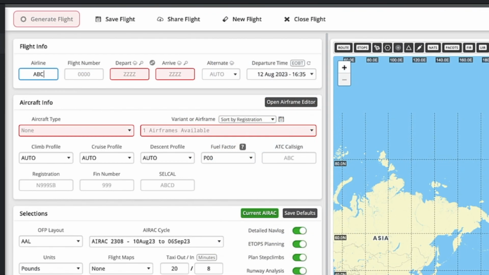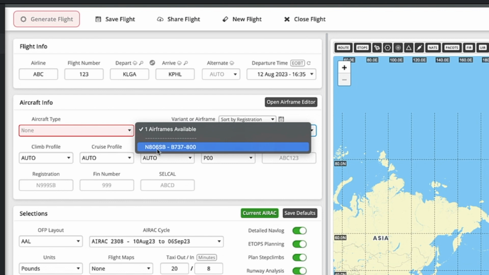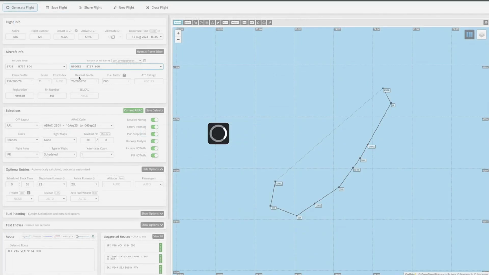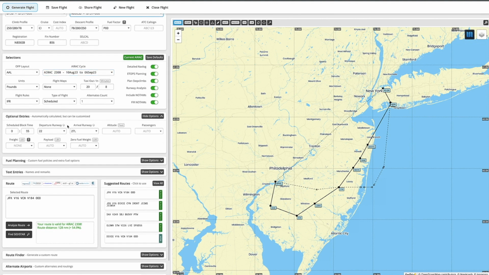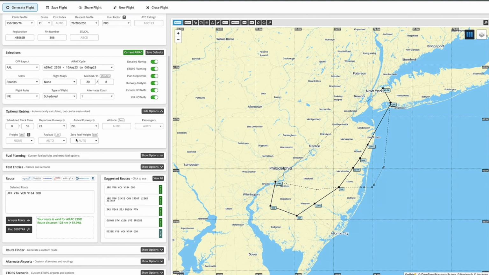Simply fill in the boxes, use the airport code for departure and arrival airports, and select an aircraft from the drop-down. The system selects an actual route and generates the data associated with this route of flight and cruise altitude for the aircraft type selected. The system uses real-life weather and plans the most suitable runway for departure and arrival.